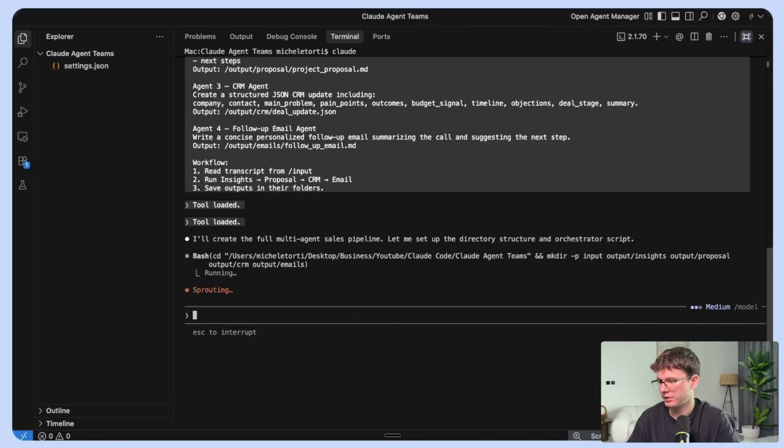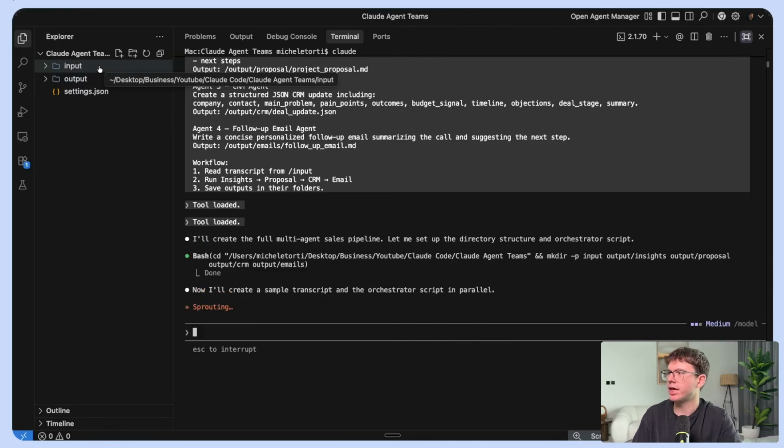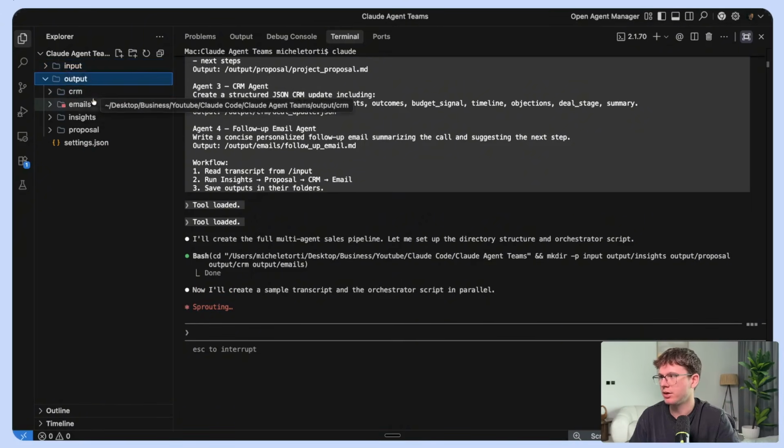So I can press yes. As you can see, it made the output and the input. The input is where we have the transcript, so we'll be adding the files here. And the output is where we get the CRM, the emails, the insights, and the proposals as well for each